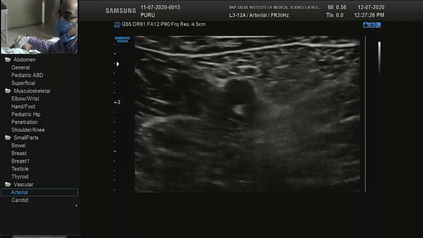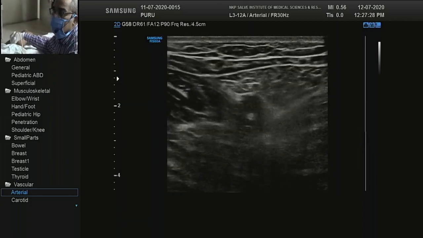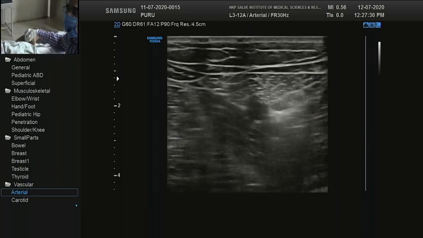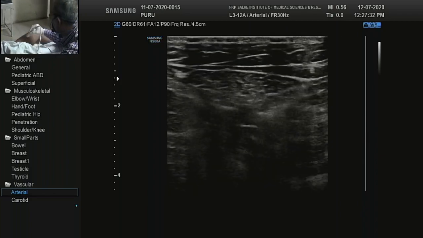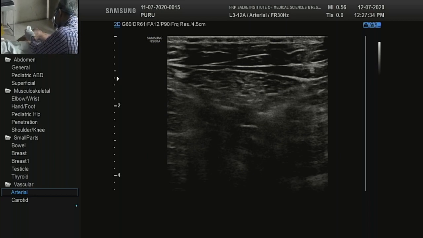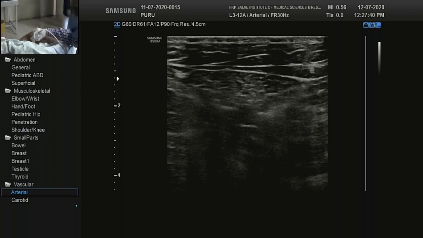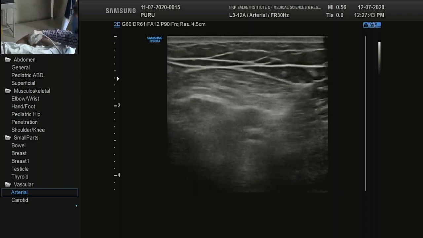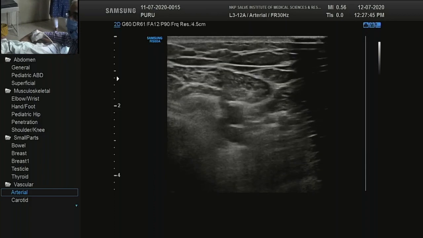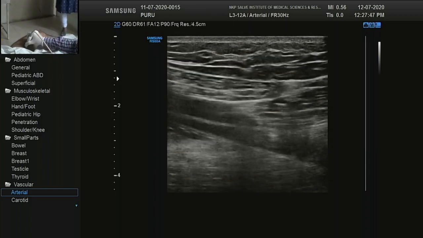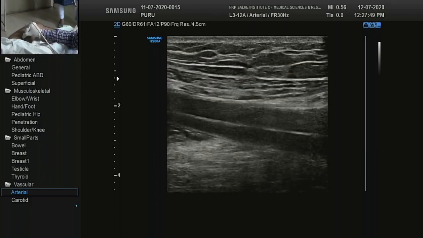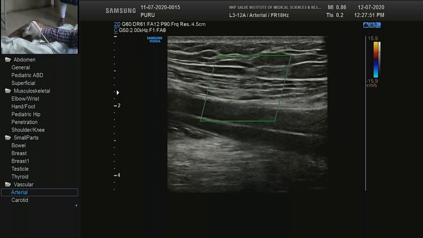I will reduce it. You can trace it up to the adductor compartment. In the adductor compartment it goes deep. That is a vein accompanying. You can make a long section and see the artery and vein both.